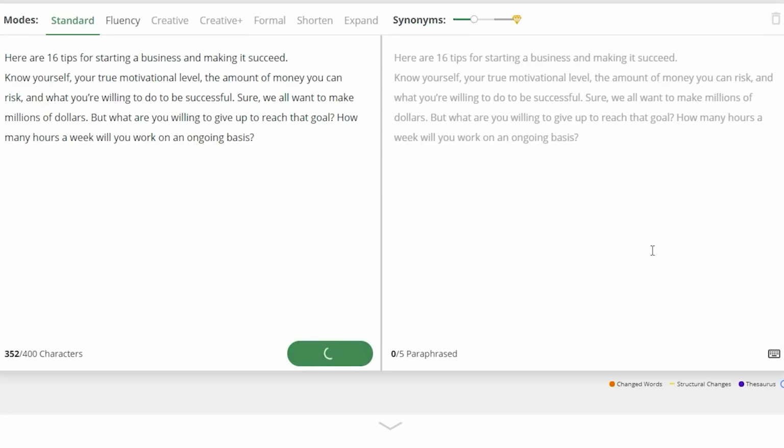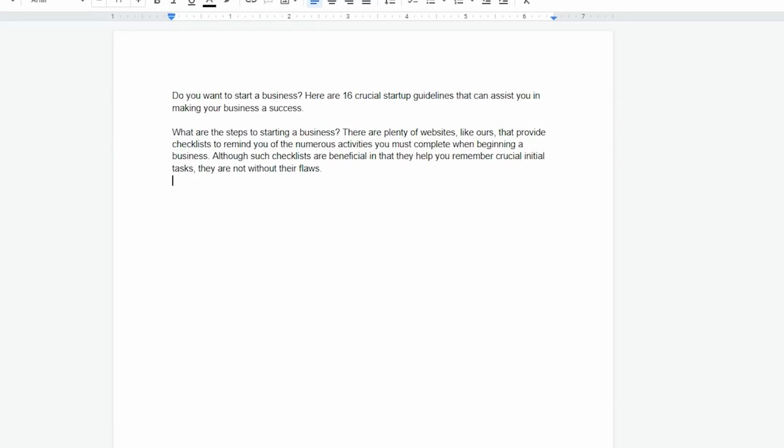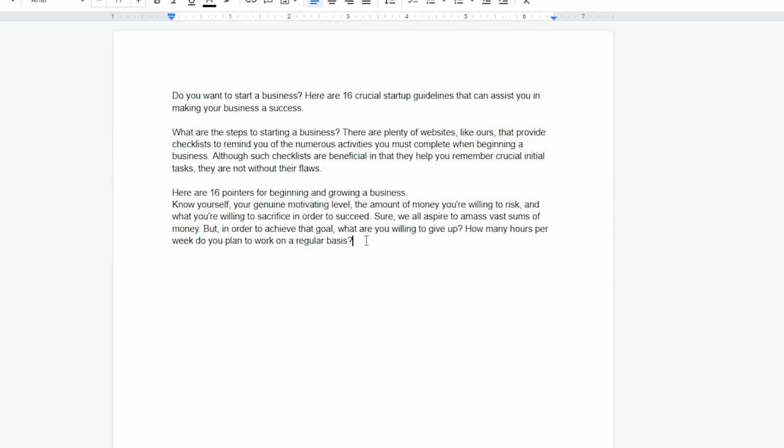Now you can do this part by part and repeat this process until you have an entire article rewritten for you. So I'll now copy this, I'll go back to Google Docs and I'll paste it below this. Once again, do this part by part, copy one part of that article which you found on Google, place it into Quillbot, let it rewrite it for you with one click of a button, literally less than 5 seconds of work, and then take that rewritten part, paste it into Google Docs, and just like a puzzle,